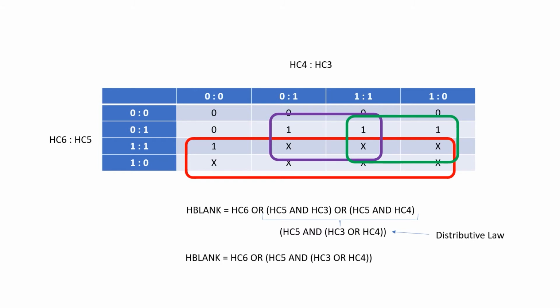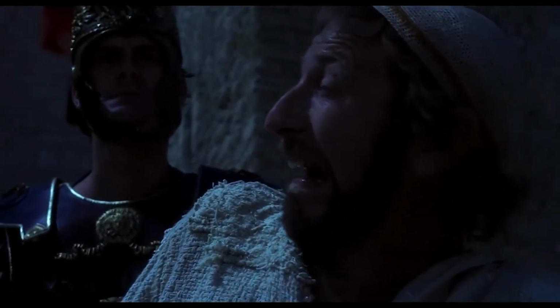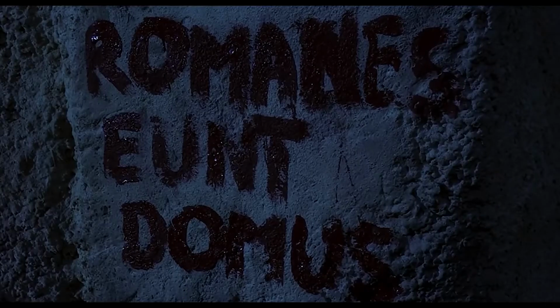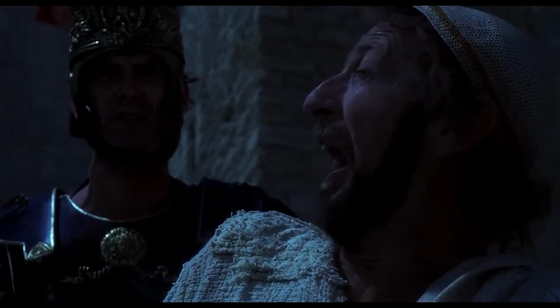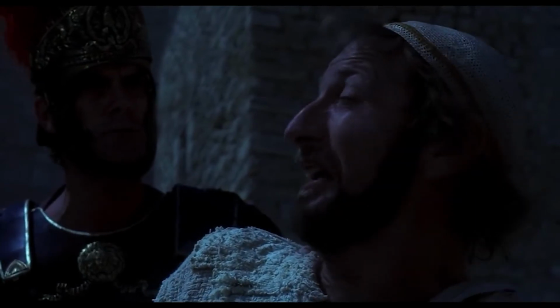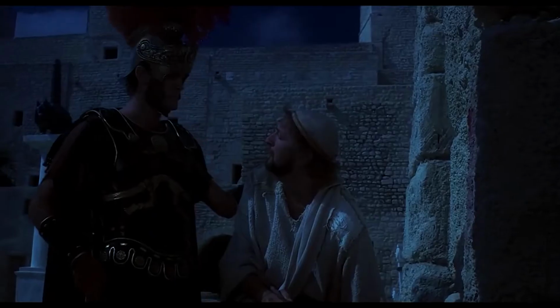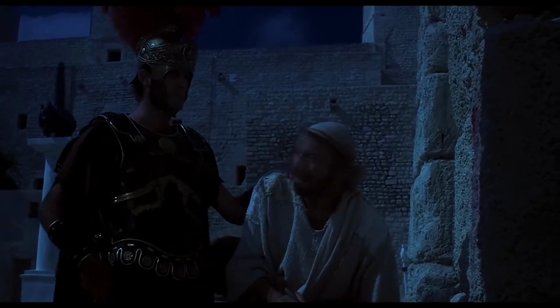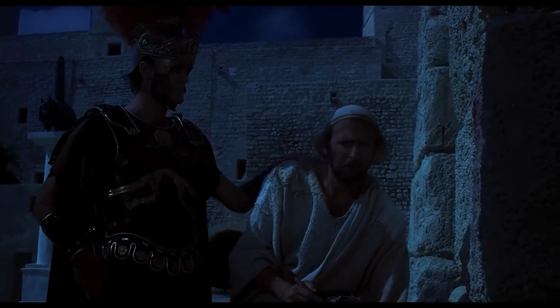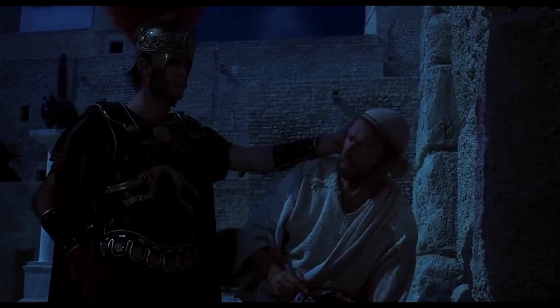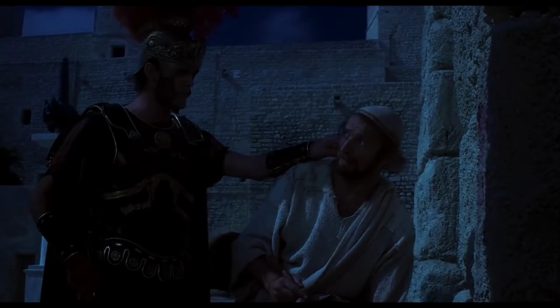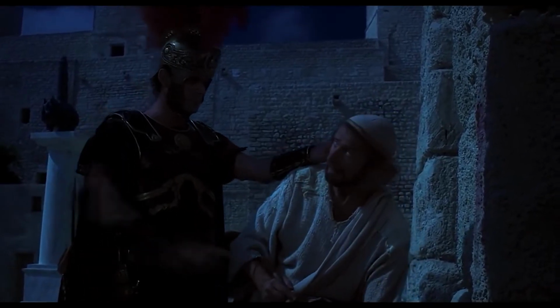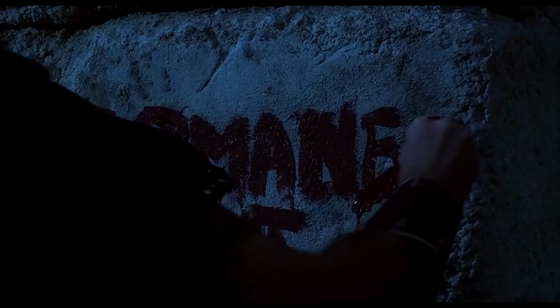Now I know learning the rules of Boolean logic can feel a bit like this. What's this then? Romanes eunt domus? People call Romanes, they go the house? It says Romans go home. No, it doesn't. What's Latin for Roman? Come on, come on. Romanus? Goes like. Annus? Vocative plural of annus is. Annie? Romani.